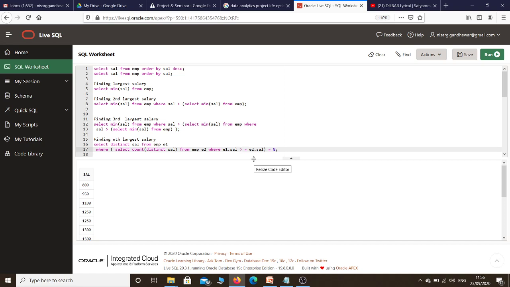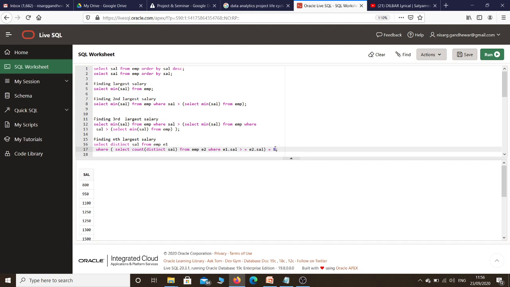Maybe somebody asks you to find the nth largest salary without using an aggregate function. In this case, if you observe, I have not used the aggregate function max. Especially they will specify to find the largest salary without using the aggregate function max. I have not used any max function, though I have used other aggregate functions such as count, but here I have not used the aggregate function max.